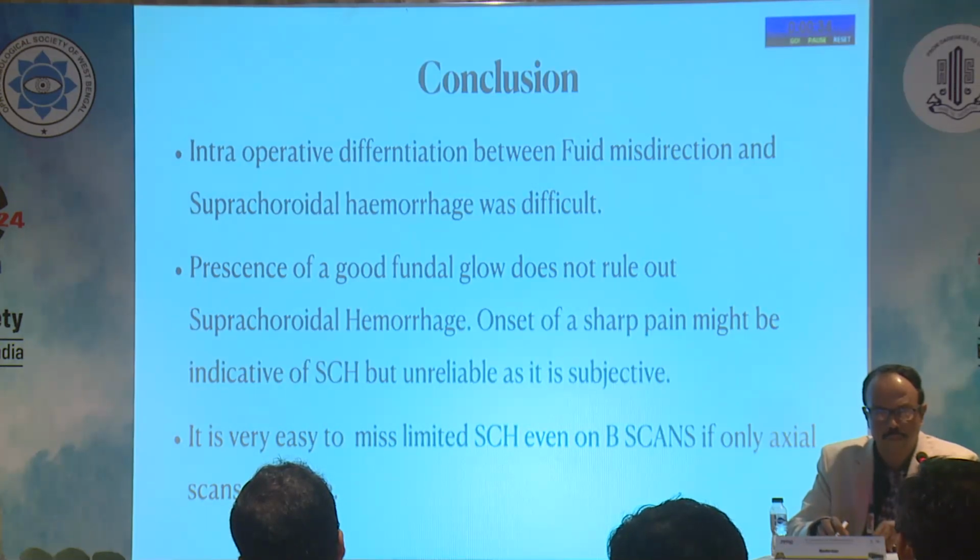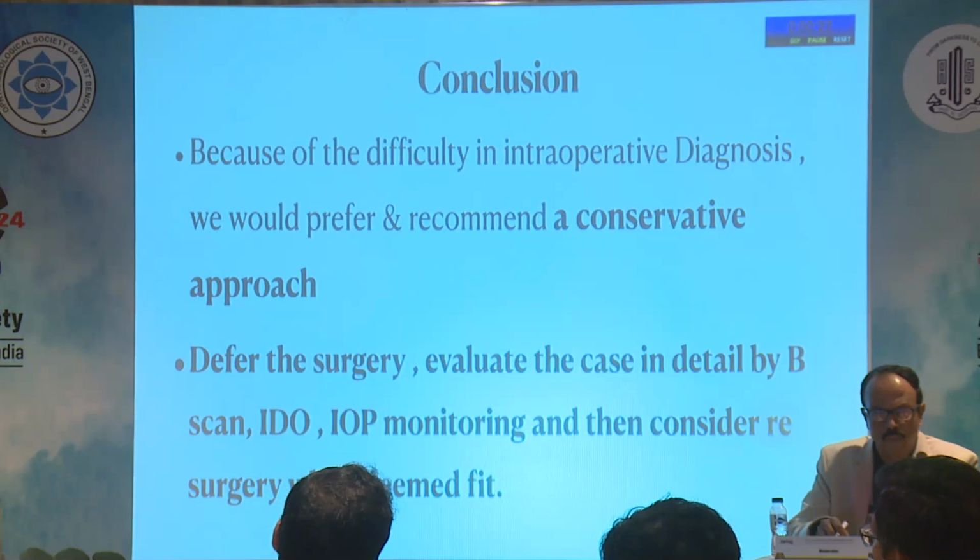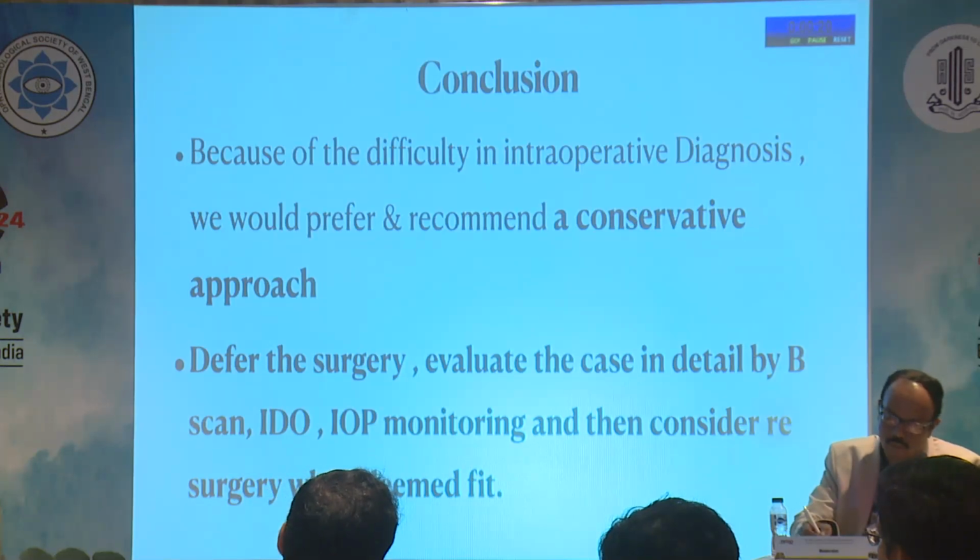And it's very easy to miss limited suprachoroidal hemorrhage even on B scans if only the central A scans are taken. So our recommendation is, when you are in a situation like this, a conservative approach would be the best thing. Defer the surgery, evaluate the case in detail, B scan, IDO, and then consider when the surgery is deemed